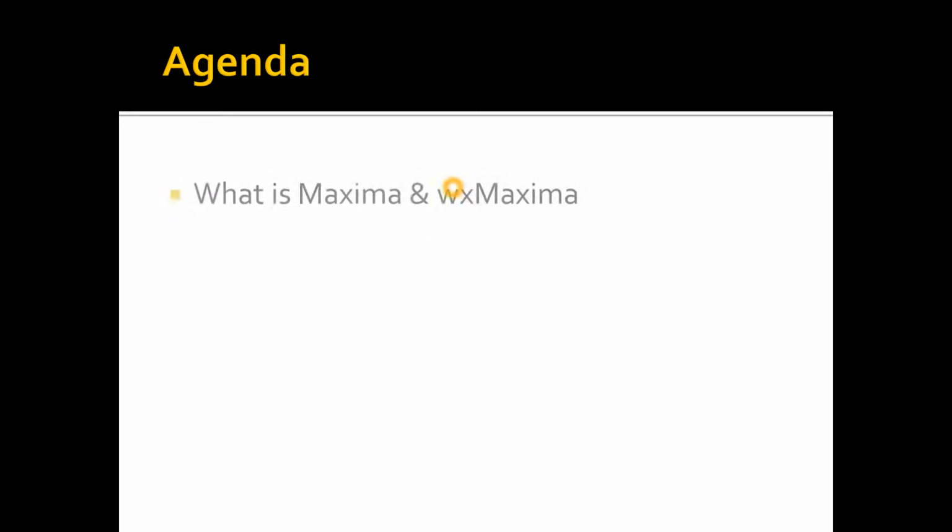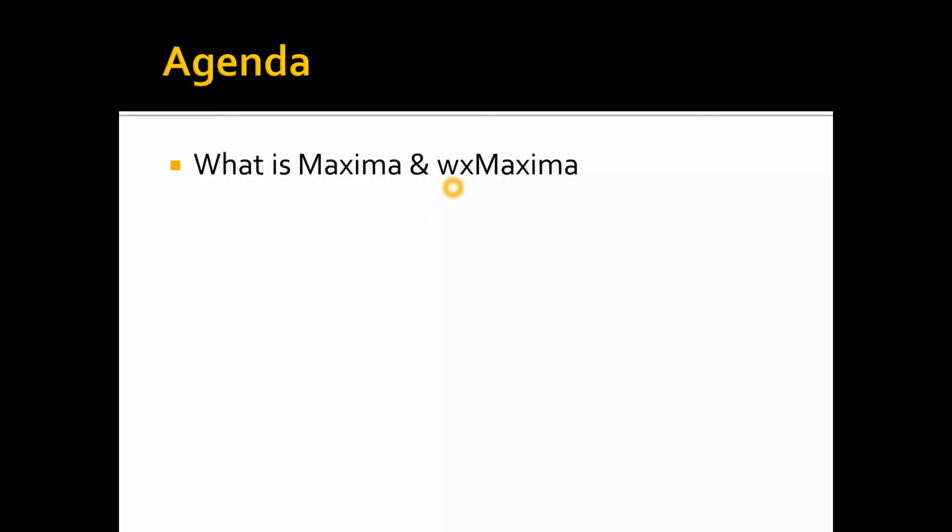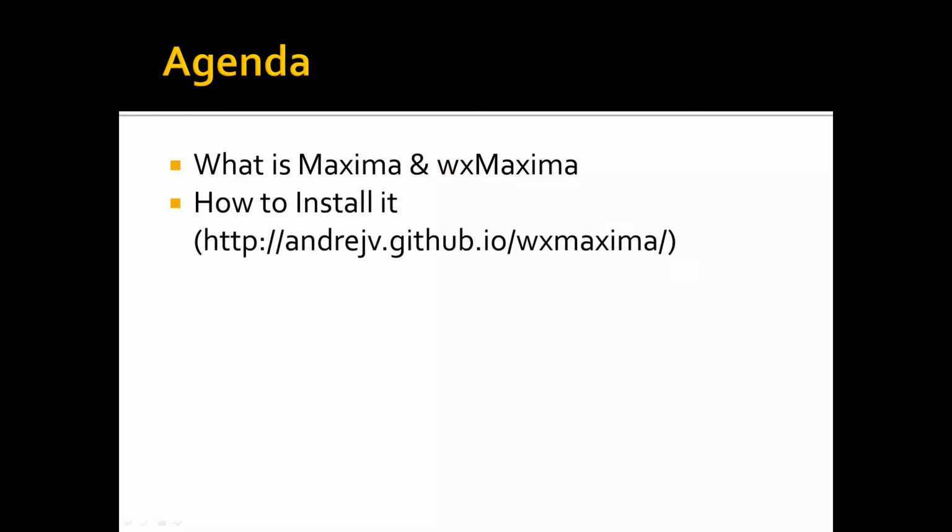In this tutorial we're going to talk about using Maxima, in particular wx Maxima, to check the geometric section properties coming out of Structure's Office. So we're going to talk about, first off, what is Maxima and wx Maxima, and how to install it from this site,